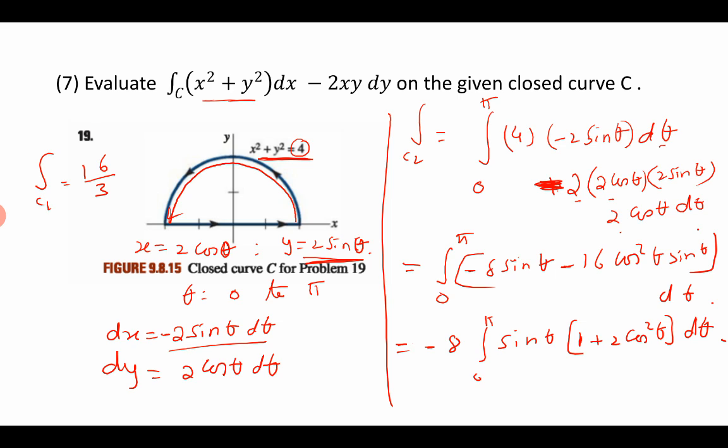Now the substitution method is to be used. Let x equal cosine theta, which gives dx equal to minus sin theta d theta. This minus sign with the sin theta d theta will be dx. Therefore the integration becomes,